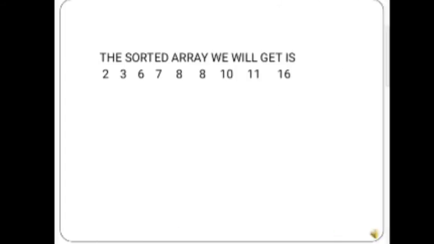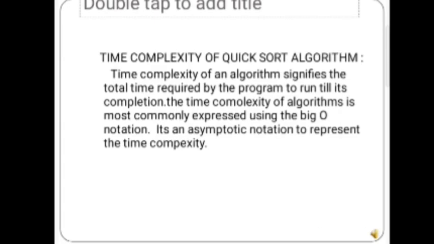Here the sorted array we will get is 2, 3, 6, 7, 8, 8, 10, 11 and 16. This is the sorted array we will get after the quicksort. Here the time complexity,